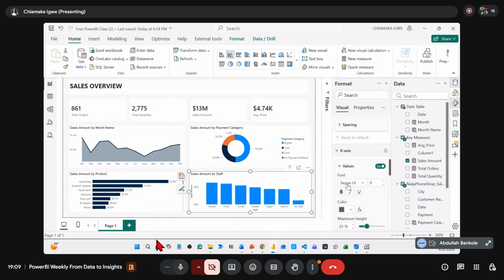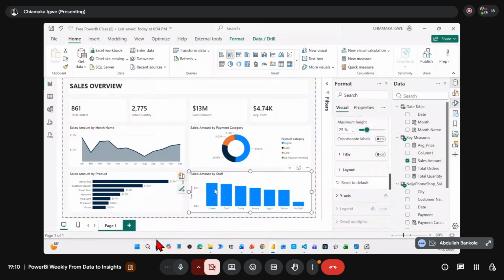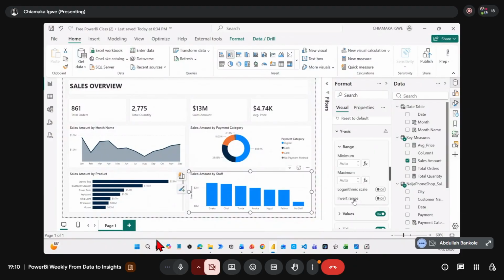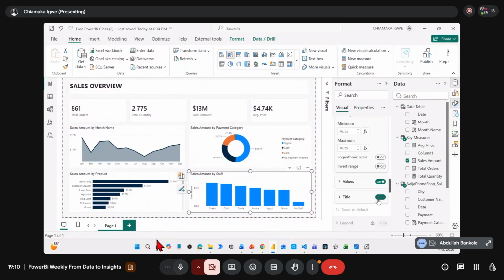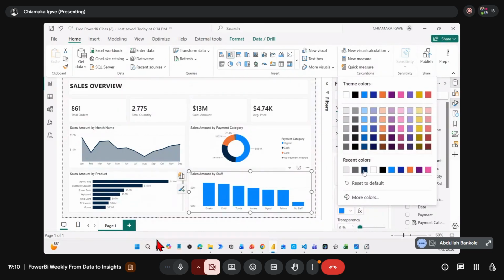Then x-axis, turn off the title of the x-axis, because the title of the chart already has staff, so it seems redundant. Then for the y-axis, turn off the title as well. Then the color of my columns, I want it to be the same color with what we have been